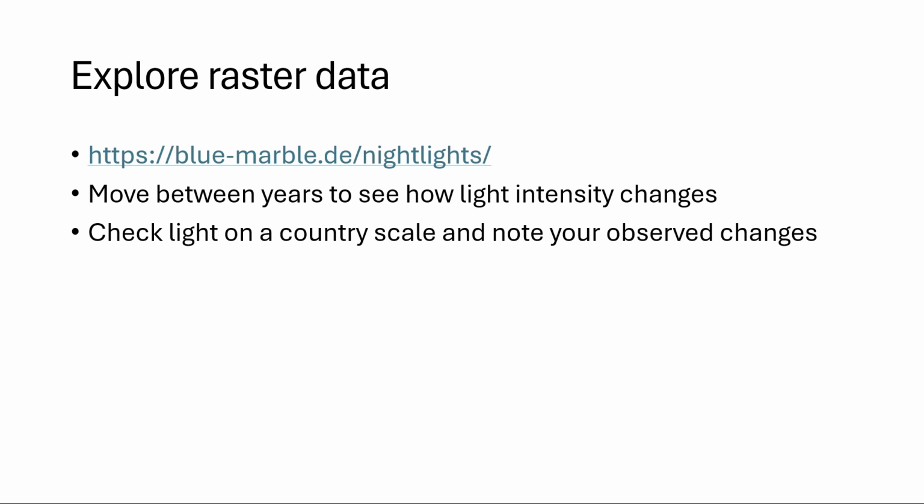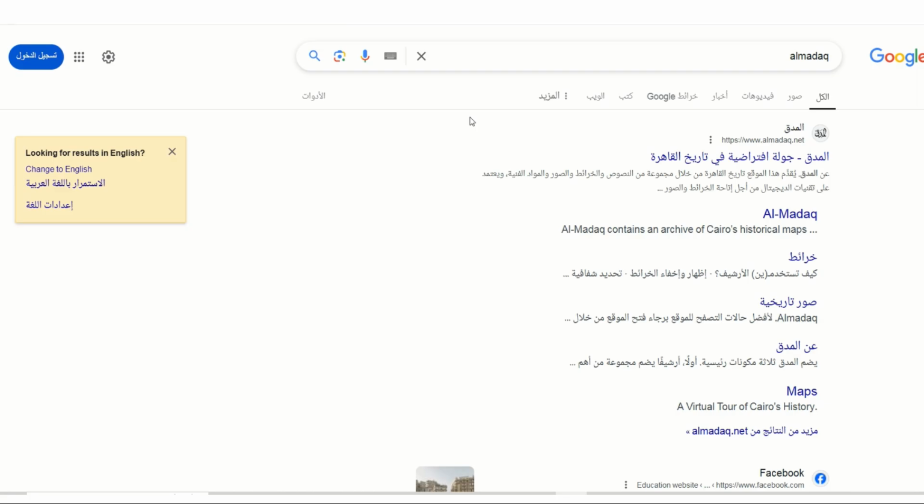You can now explore the raster data using the Blue Marble website and explore the nightlight data yourself on your web browser. And you can move between the years to see how the light intensity changes in certain areas. And also you can select a country and see how the light changes across the years. Also, you can learn more about rasters when you explore this website, Almadak, and let's explore it together quickly to see how we learn more about rasters and how we use rasters to gain more information. When I search for Almadak, the first result would be